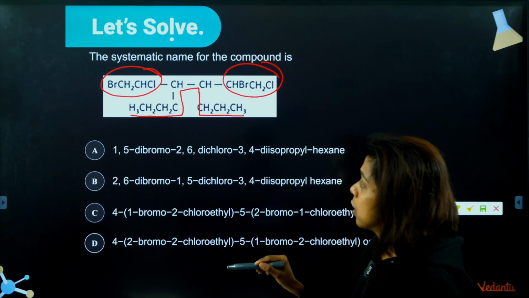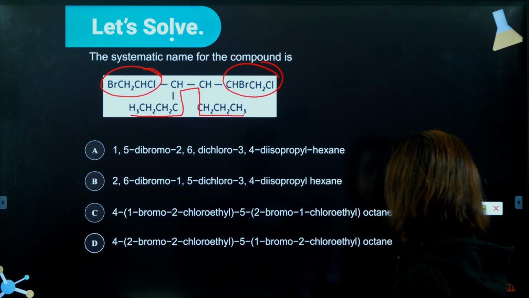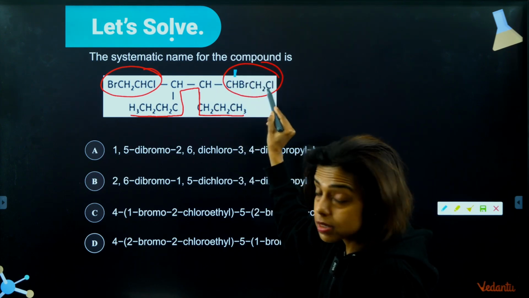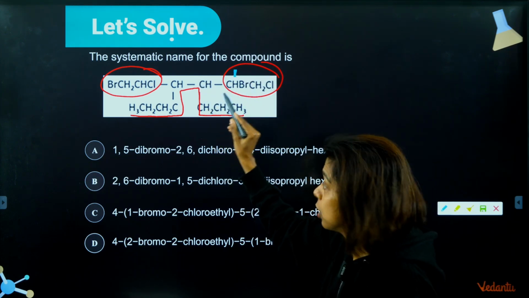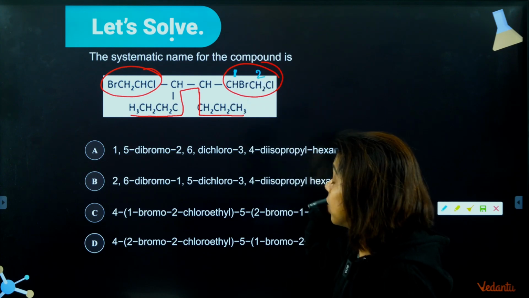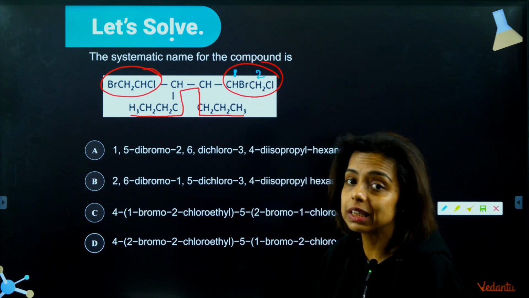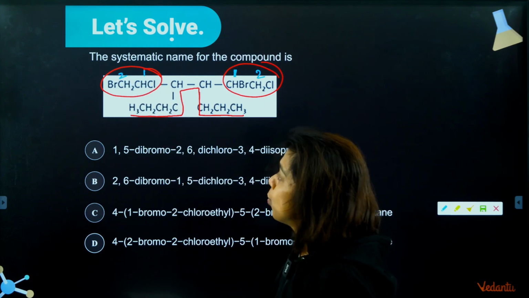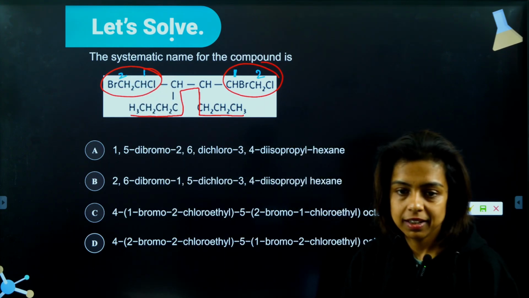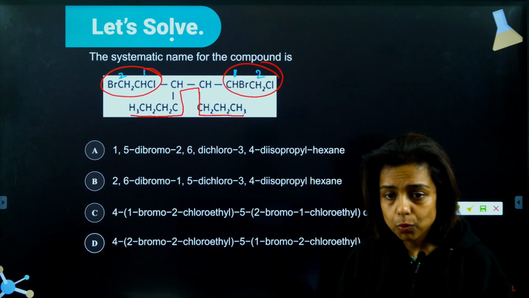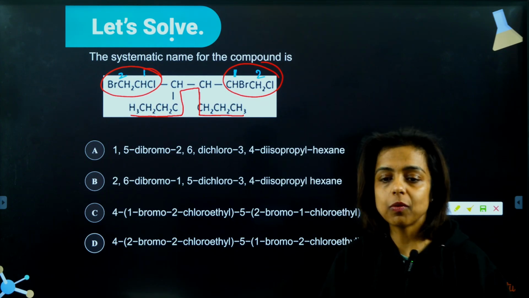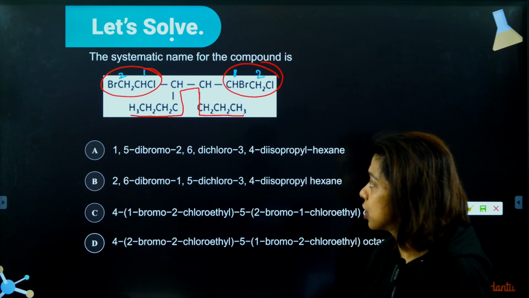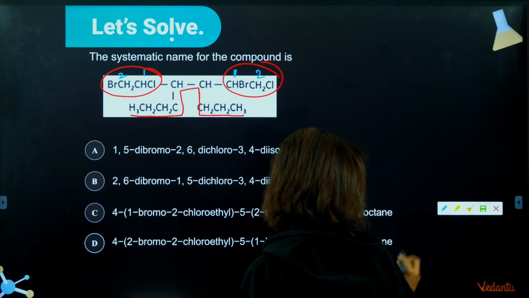Complex substituent. So what is the name of this complex substituent, guys, here? This is the first carbon of the substituent which is attached to the parent chain. So this will be the first carbon, this will be the second carbon. So it will be 1-bromo-2-chloroethyl. And similarly, the name of this substituent will be 1-chloro-2-bromoethyl. Right? So one is 1-bromo-2-chloro, and the other is 2-bromo-1-chloroethyl. Yep. Now of course, whichever side you number the parent chain from, the same numbers will come for both, so